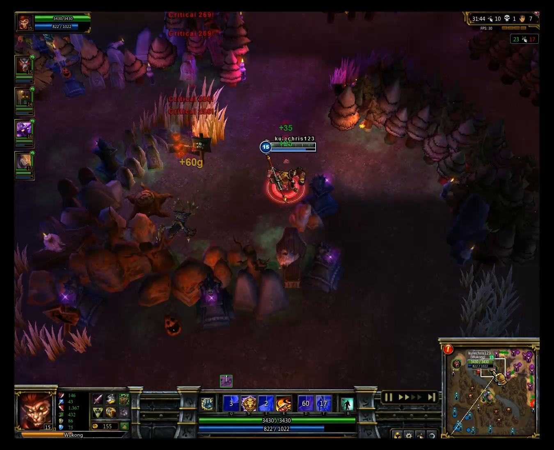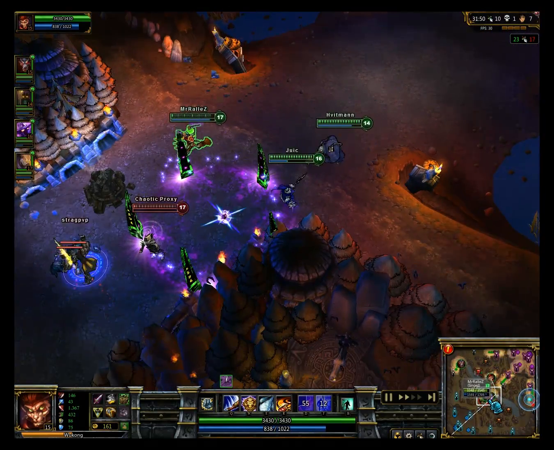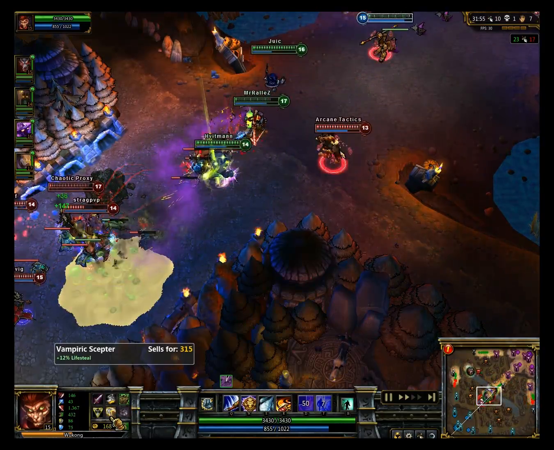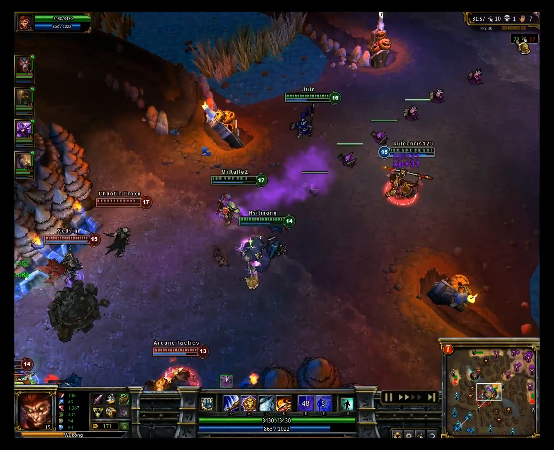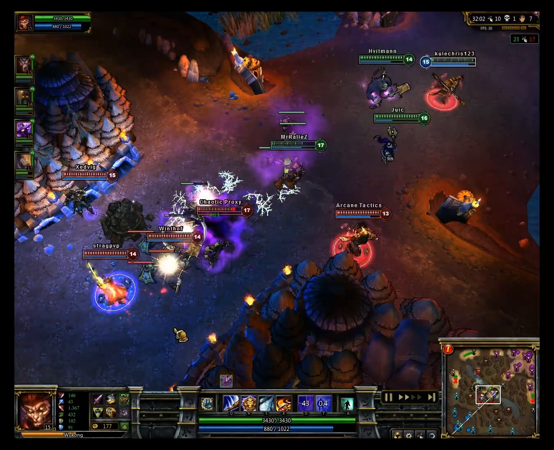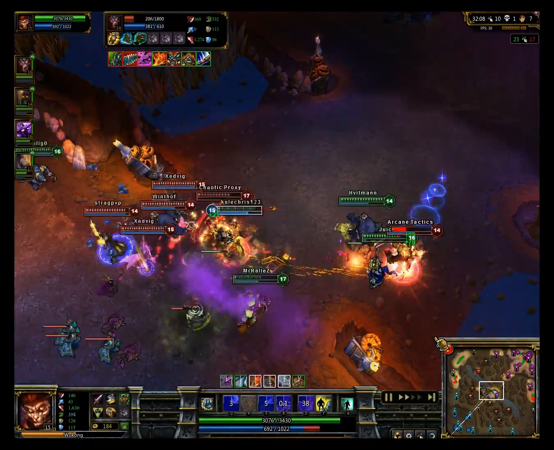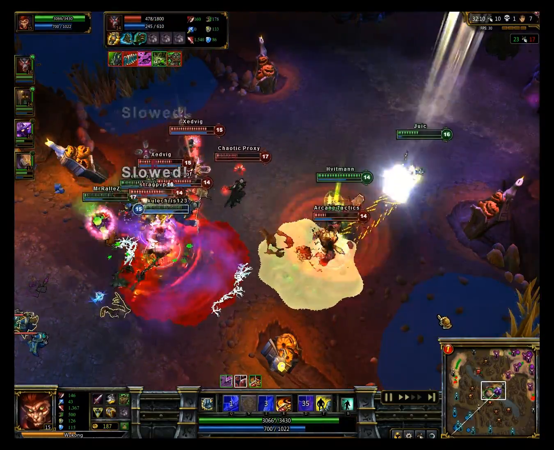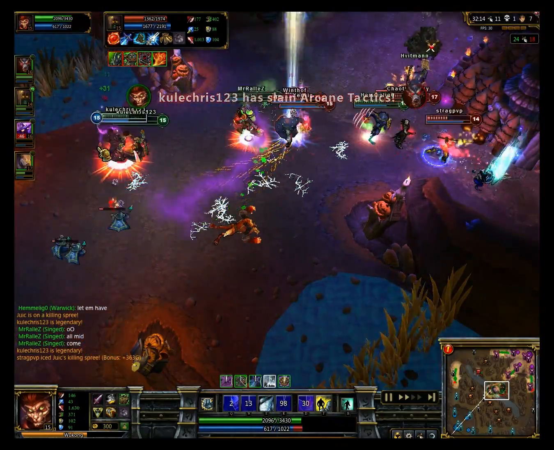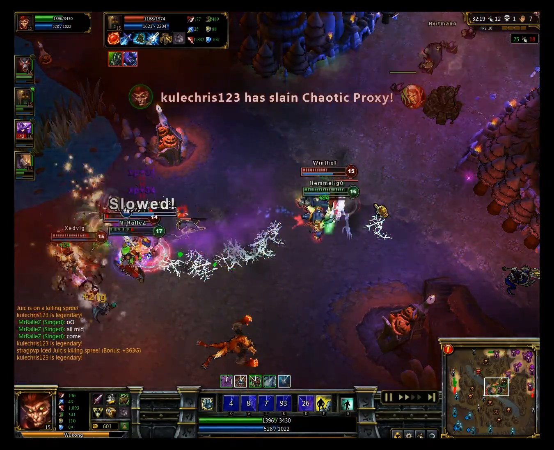And the Monkey King is going for red buff. Obviously having no trouble to get that. So Warmock's armor, Trinity Force, and Vampiric Scepter so far. And I have no idea what the good builds will be, but I wonder if Warmock's armor is really the way to go on an AD carry. But by now he is doing quite some damage with at least the Trinity Force. And yeah,